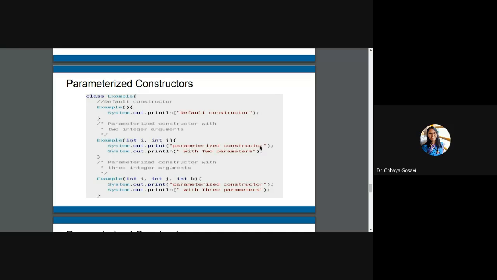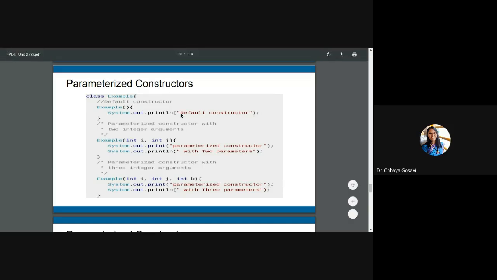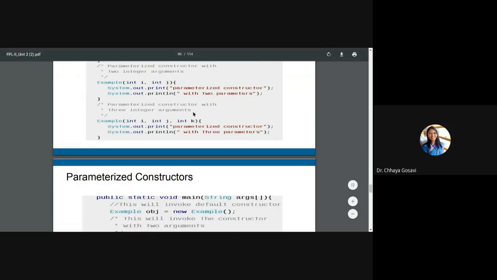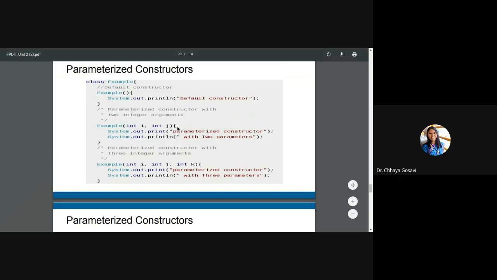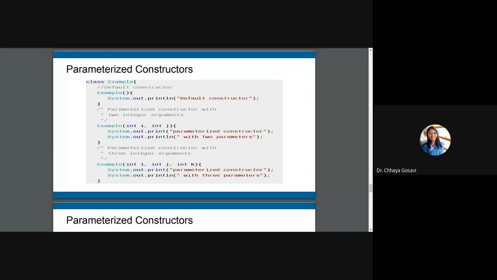A parameterized constructor with two parameters. I can have a parameterized constructor with three parameters, or any number of them. So any class can have any number of constructors which differ in the number of parameters. A constructor without any parameter is called a default constructor, and a constructor with parameters is called a parameterized constructor.